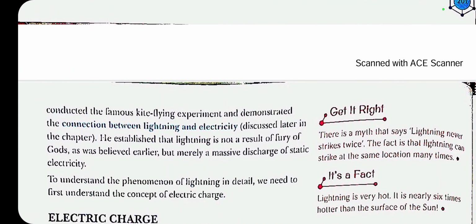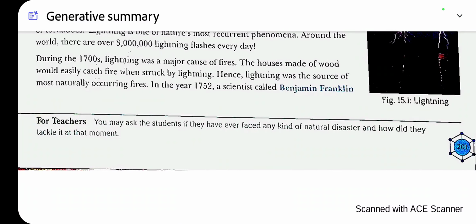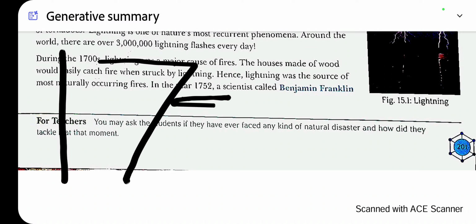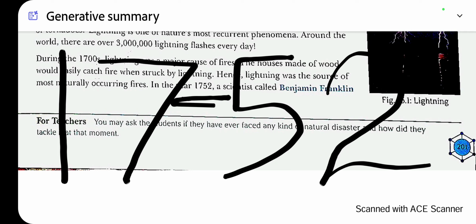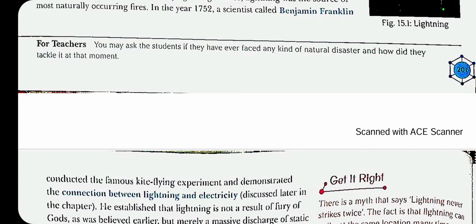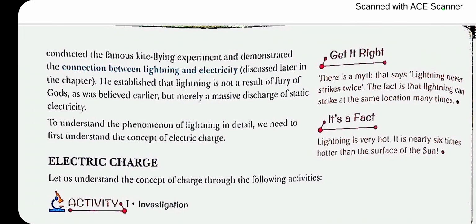Back to our topic. So, this man called Benjamin Franklin, in which year? Now, the year is really important. You must remember the year in which the chosen one conducted the experiment. 1752. Never forget this year. In 1752, a scientist called Benjamin Franklin conducted the famous kite flying experiment and demonstrated the connection between lightning and